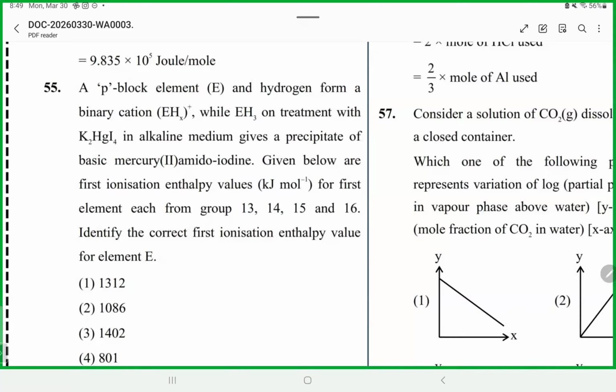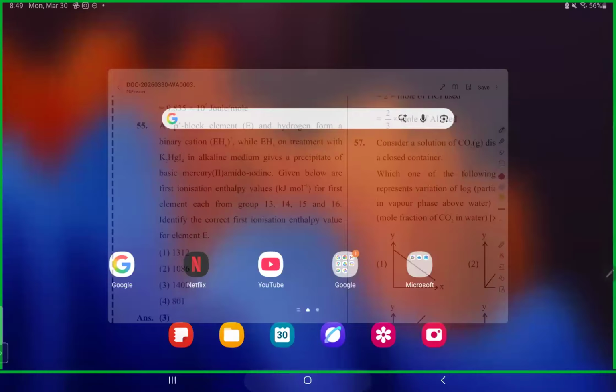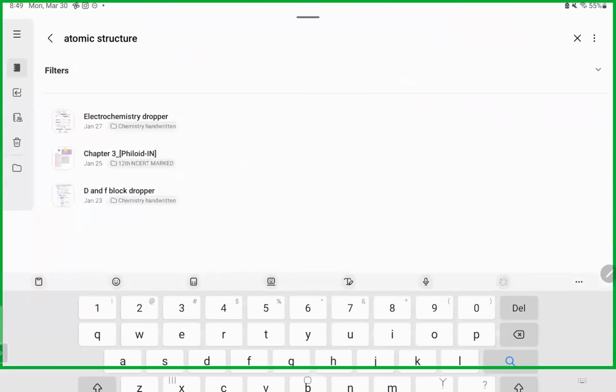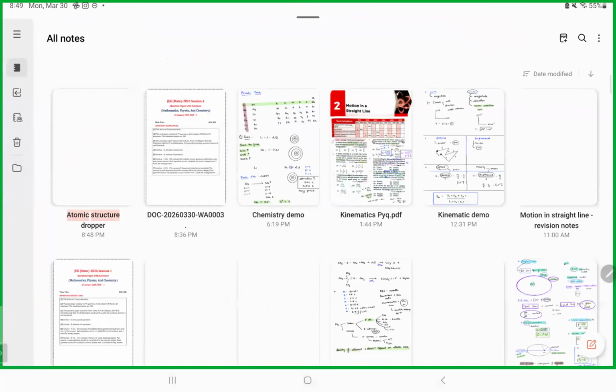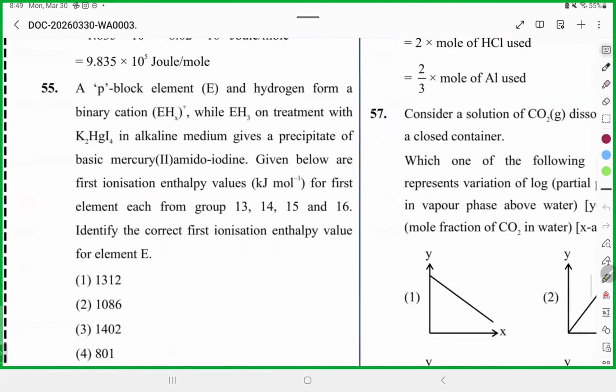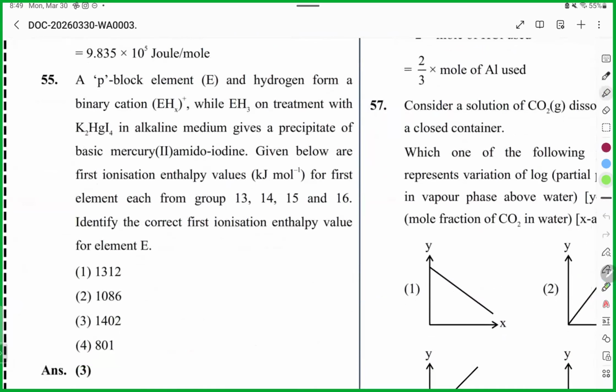Look at this question. Oh, I think I got the point. When we go back like this, now we can open. Oh yeah, so this question. You have a p block element